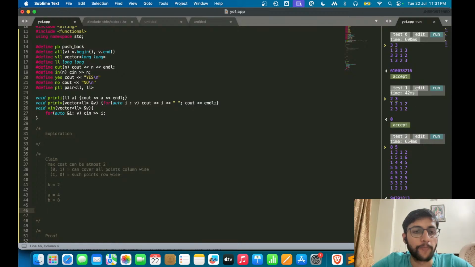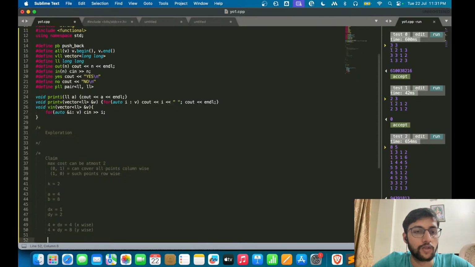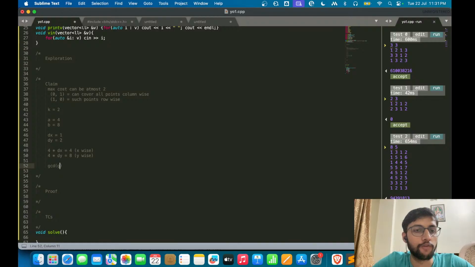what we can do is take dx equal to 1, dy equal to 2, and in 4 steps we can cover 4 operations x-wise and 8 operations y-wise. So what we are basically doing is taking the GCD of a and b, and let's say this is g, so we do a equals a divided by g and b equals b divided by g, and if the max of a comma b is